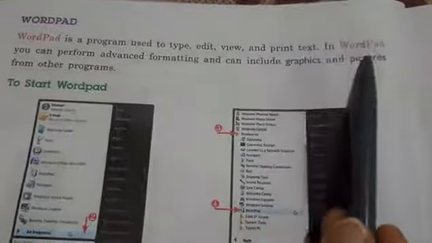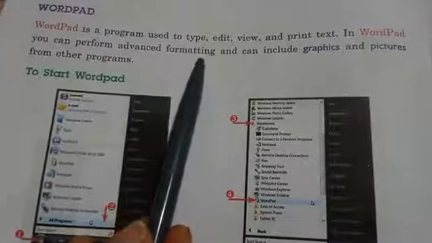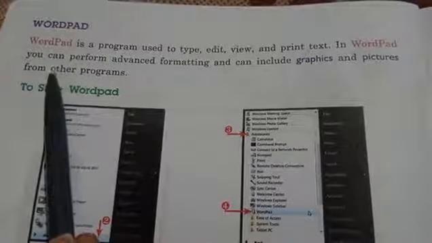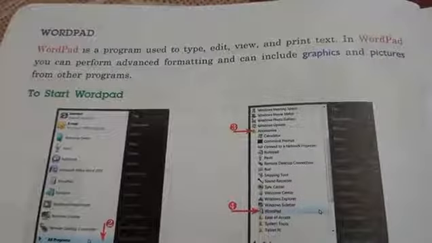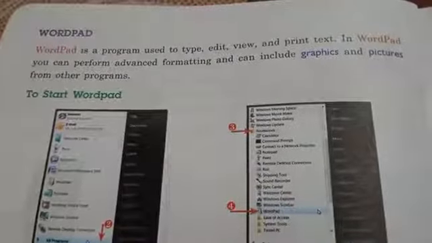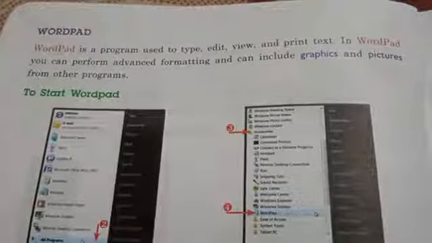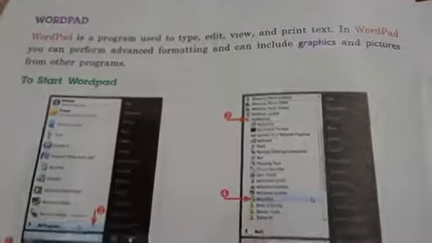In WordPad, you can perform advanced formatting and can include graphics and pictures from other programs.